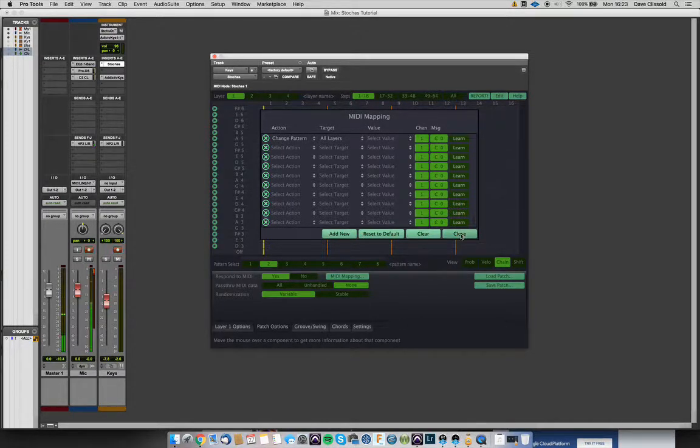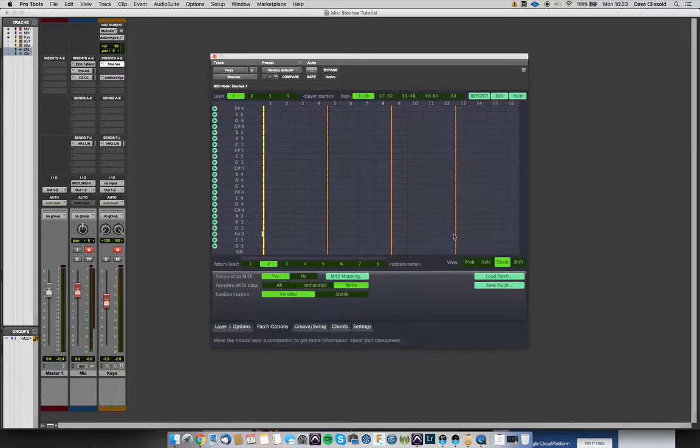You can set Stochas to 89 patterns. Now, you can assign up to 88 different MIDI maps in Stochas. Now, one option you do see here on the patch options is